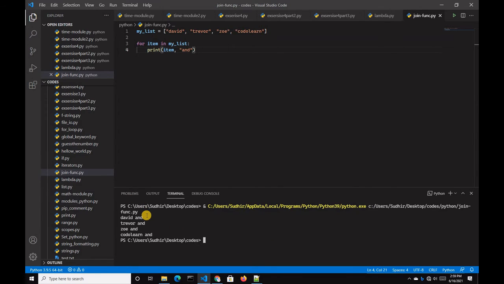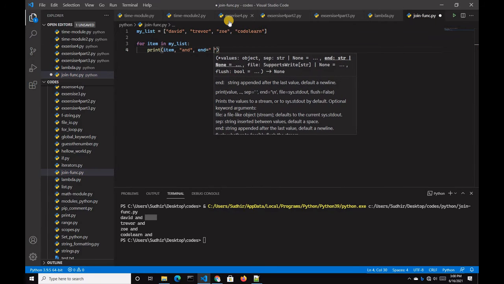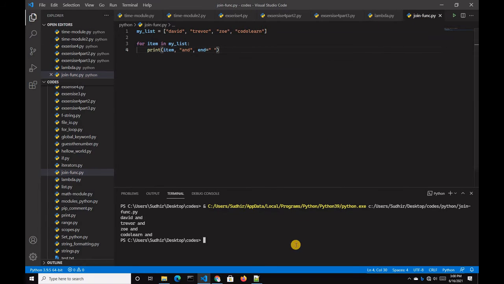You can see David and Trevor and Zoe and Codolearn is printed, but a new line is also printed with these. So for removing that, you have to type a comma and then end equals a space, and now run this. You can see David and Trevor and Zoe and Codolearn is printed.